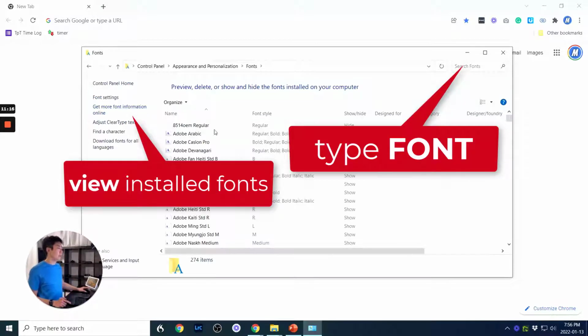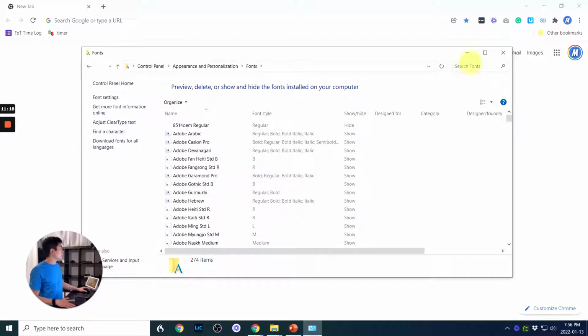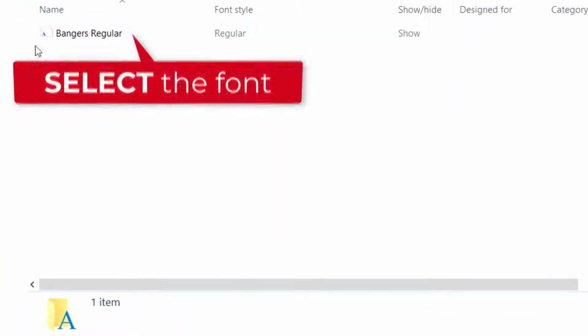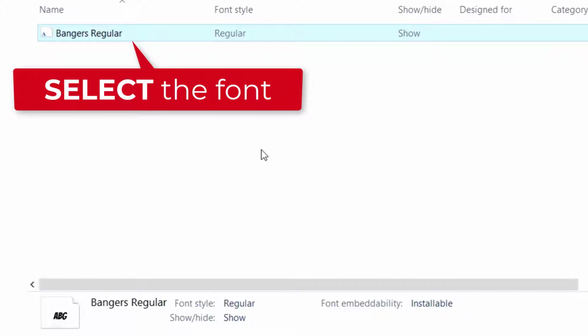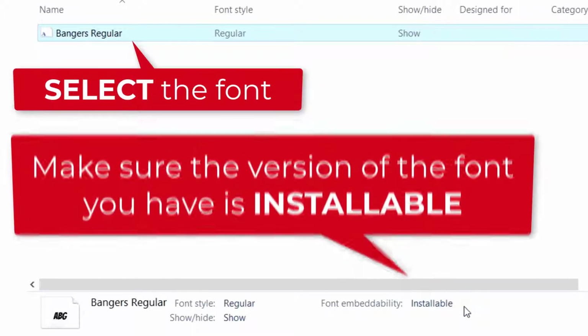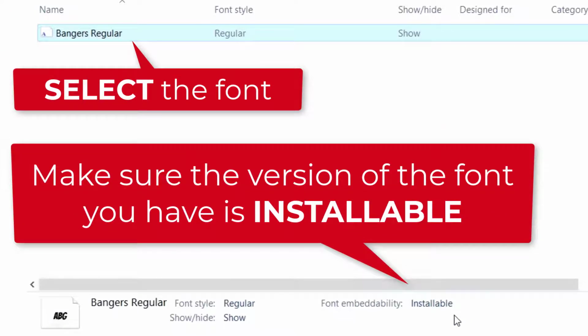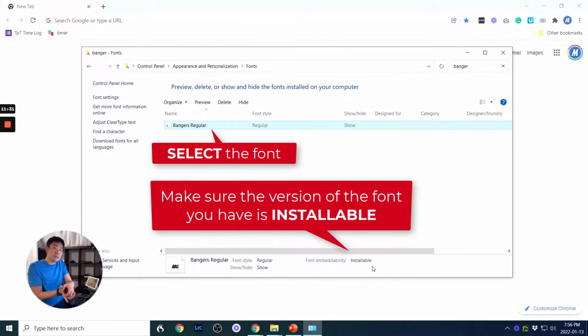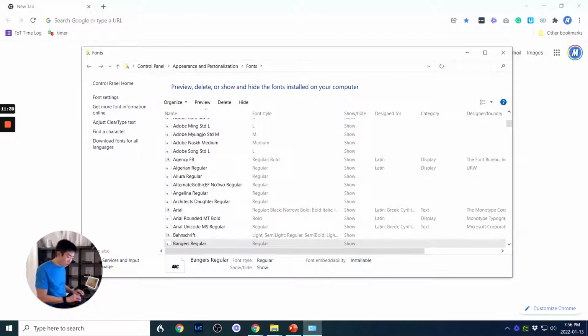These are the fonts I have installed on my computer. Let's search up that Bangers font. There it is. When I click on it, I can see right here it says font embeddability: installable. So I can embed this into PowerPoint, and then on the other person's computer, it can install without any problems. I also know that not all fonts are like that.